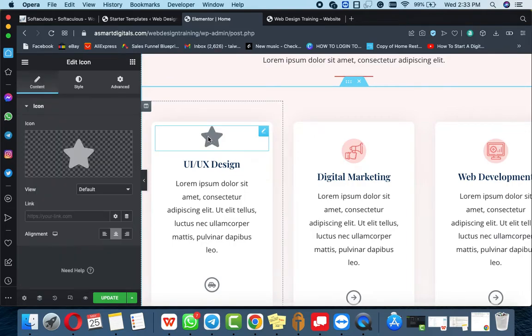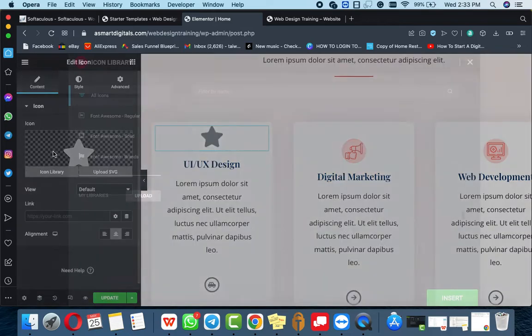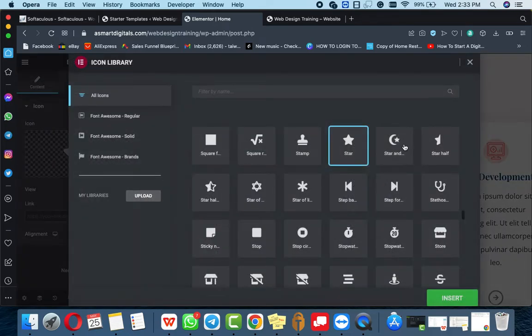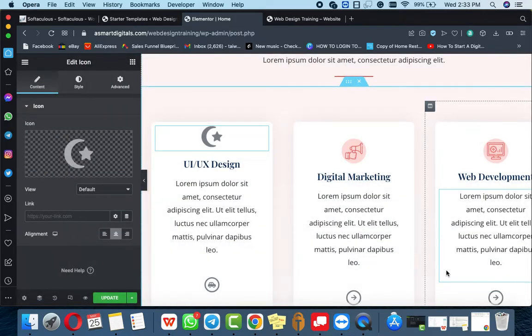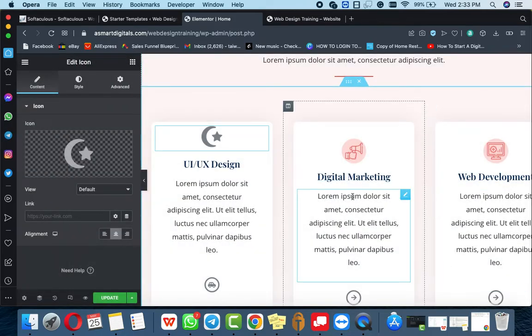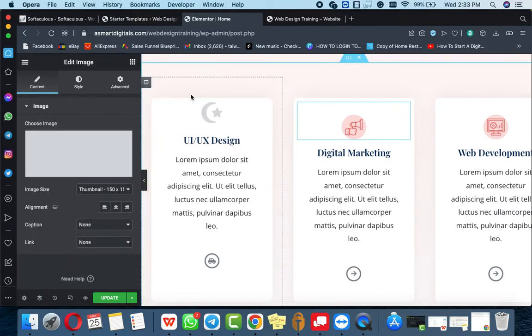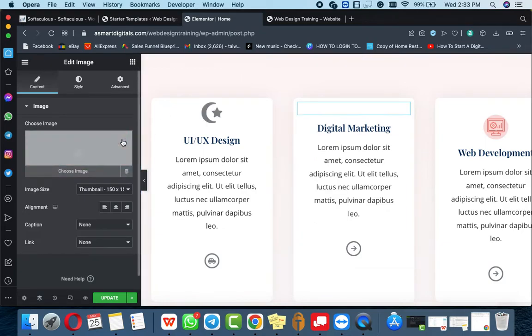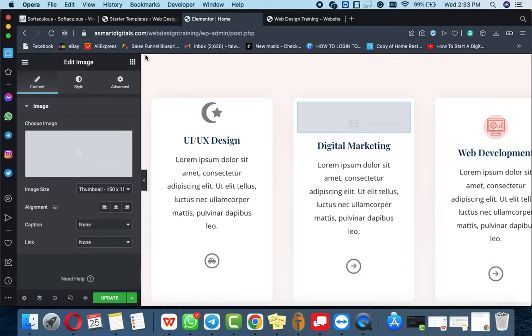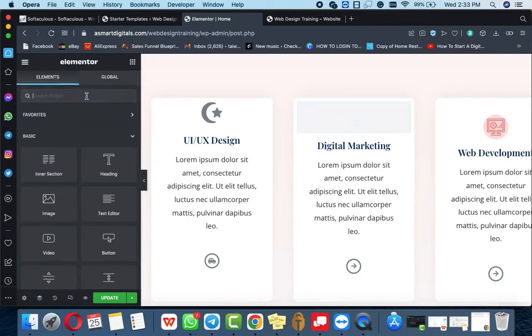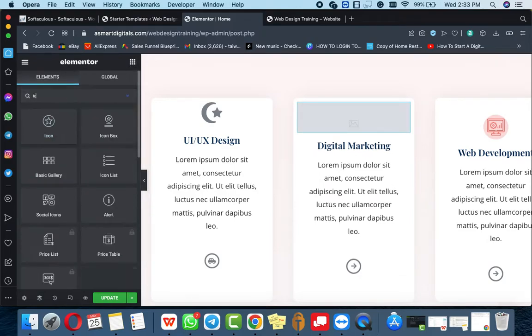Then click on the icon to edit it. Icon library. Let me just use anyone. Then insert. Can you see that I've replaced it with icon? To do that for the second one also, click on this place, delete the picture. To replace it with icon, come to these 6 dots, search for icon,